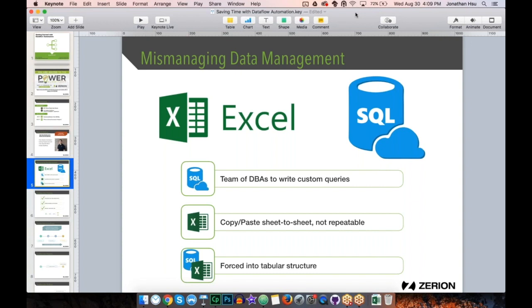So the first thing with SQL, which stands for Structured Query Language, is that it is a databasing tool that will allow you to store massive amounts of data. The problem is, as you store that data, it does scale well. However, the syntax in order to pull out the data in a format you need becomes increasingly difficult, exponentially, in fact. So as your data matures, so too does your requirement to hire DBAs in order to write these custom